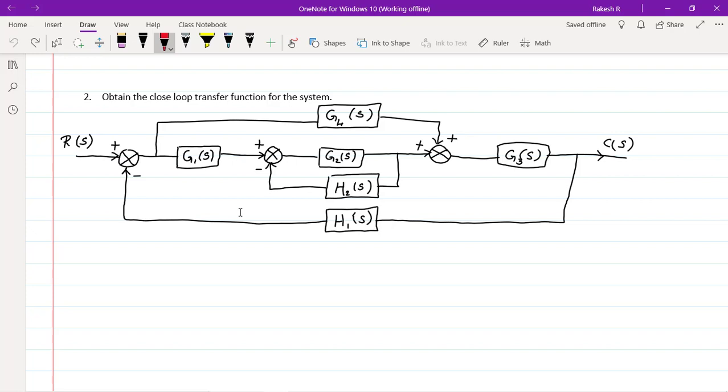And next, third one is we need to reduce the minor loop. Minor loop, here you cannot take G1, G4 as a minor loop because both are connected in series here. So you cannot take G1, G4 as a minor loop here, right? But loop, what is the loop? The signal should pass through that point again, right? That means the signal should start from this point and end at the same point, then we call it a loop here, right? Now we shall see what are the feedbacks. It should have a feedback, right? We have feedback as H2 and H1. These are the two feedbacks here.